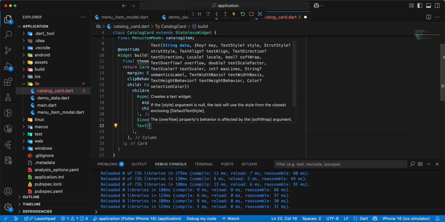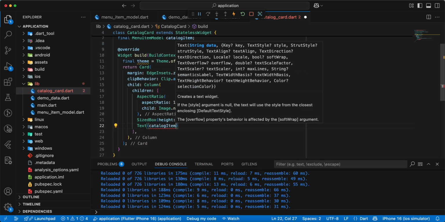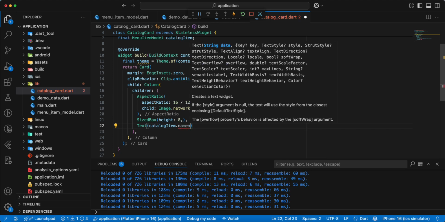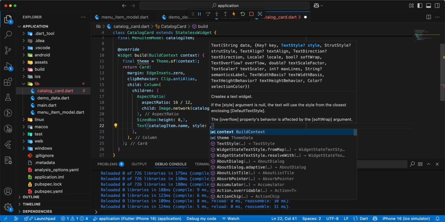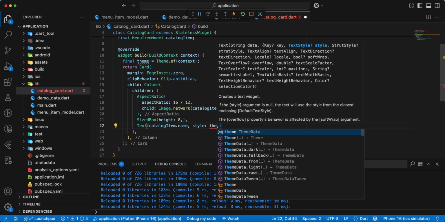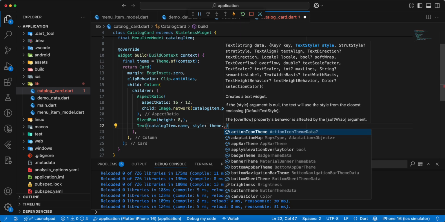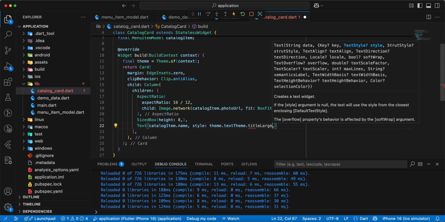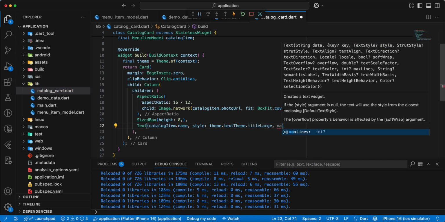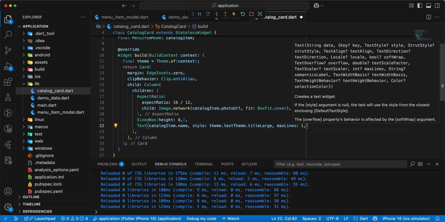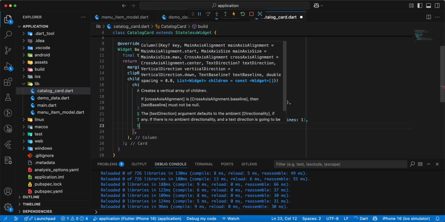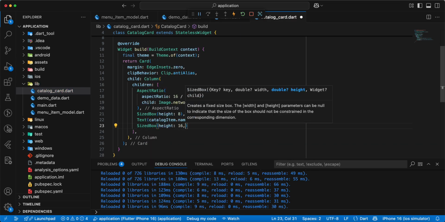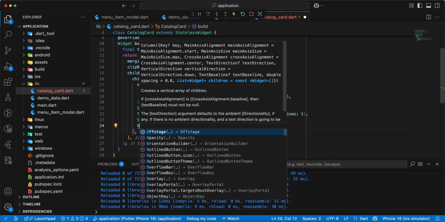Write Text, write catalogItem.name, write style, add theme.textTheme.titleLarge, write maxLines 1, save. Then we add SizedBox, height 16, add OutlinedButton.icon,